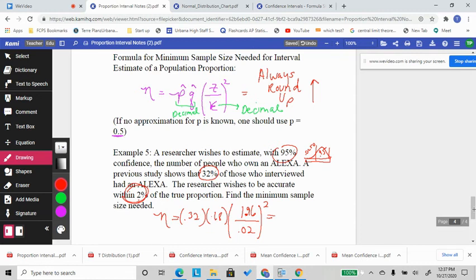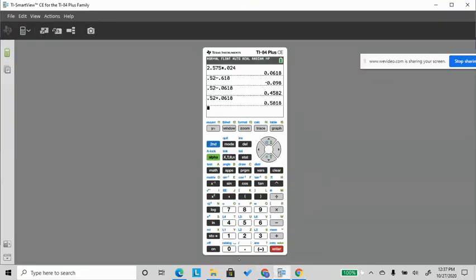When doing this on your calculator, do this part first and then multiply, because this is squared. So divide, square it, and then multiply. So I'm going to go to my calculator. 1.96 was my z divided by my error. That's your plus minus part in the formula. That's your margin of error. I'm going to square it,